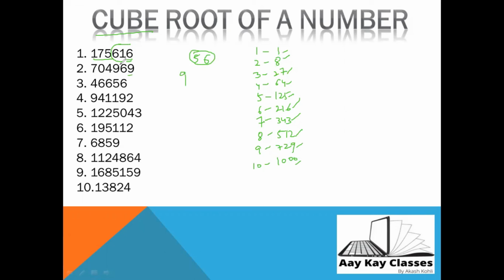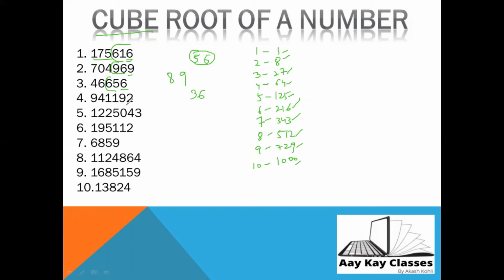Now you have to look for 9. This is 9. You have to leave 3. 704. 704 means 512. This is 89. Now this is 6. Again 6. Now you have to leave 3. This is 46. 46 means you need to go for 3, because the number is of course smaller than 4 but greater than 3. So 3 will be the answer.